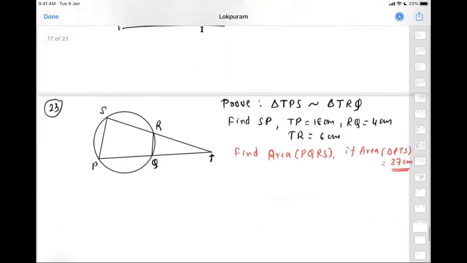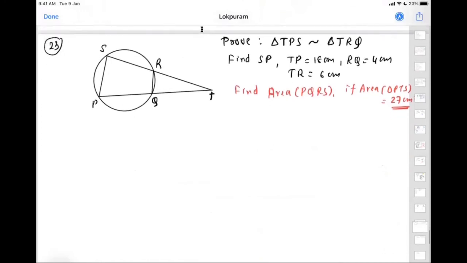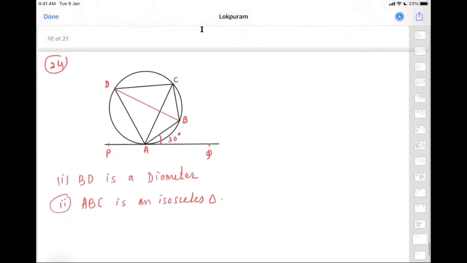The question after this you can do by yourself. It is based on the area theorem of similarity. Similarity, you people had done in the second exercise. Yes or no? Yes, sir. You know, when two triangles are similar, then the areas of the two similar triangles are proportional to the squares of their corresponding sides. You know all that stuff. If you don't know it, you won't understand it. I will give the solutions. This is a very simple question, but if you know similarity, you can solve this by yourself. Now the 24th.